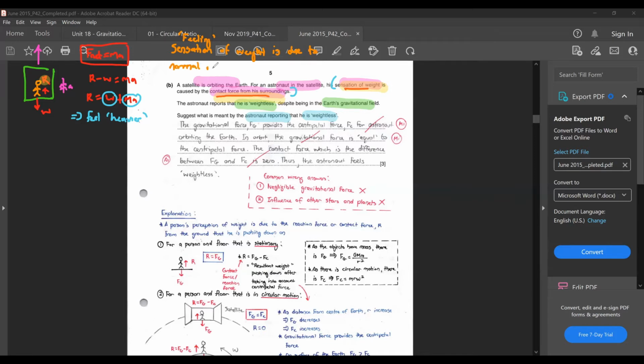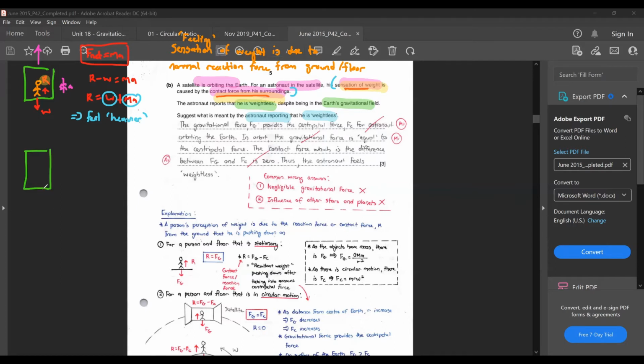It's due to the normal reaction force from the ground or floor, which is your R here. And this is what makes you feel your weight. In your case, the elevator moves up, it accelerates,